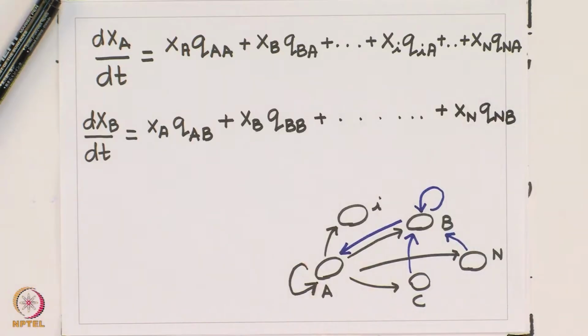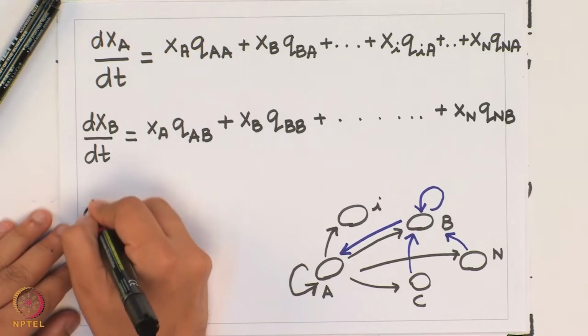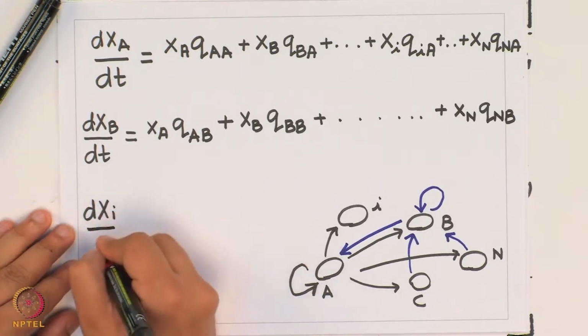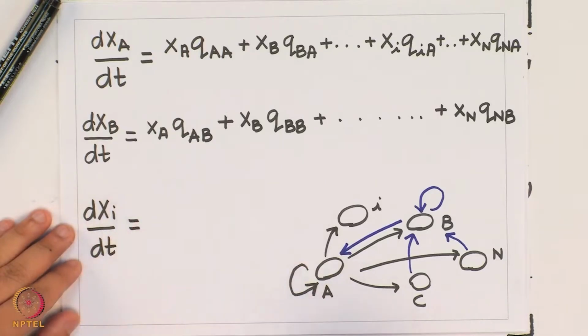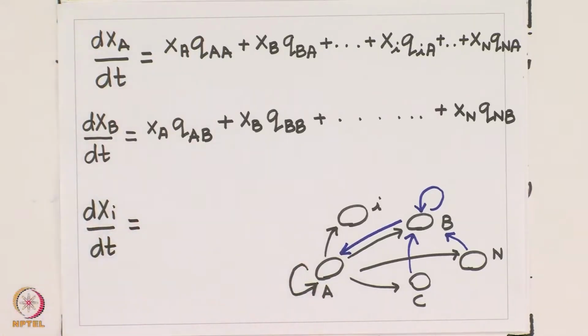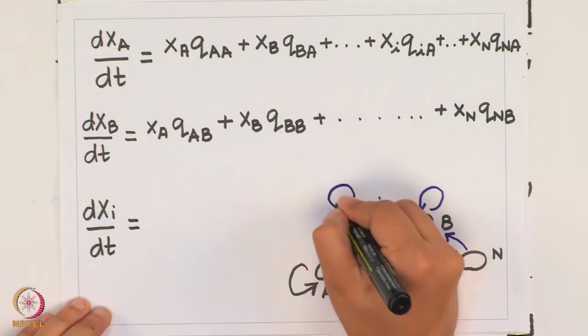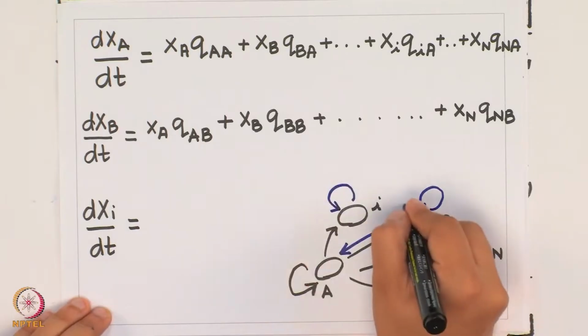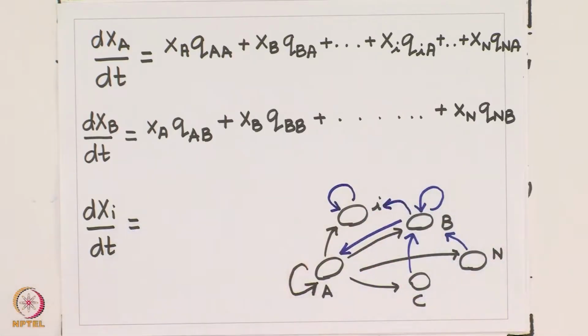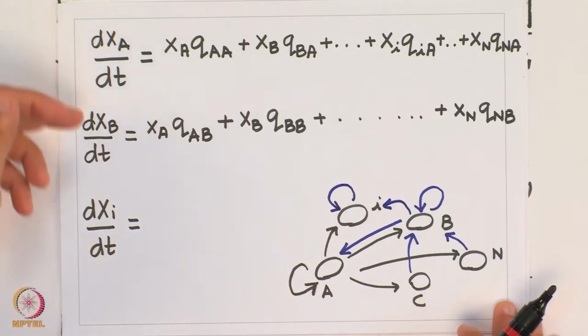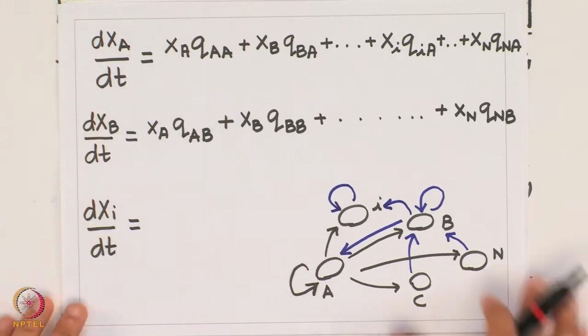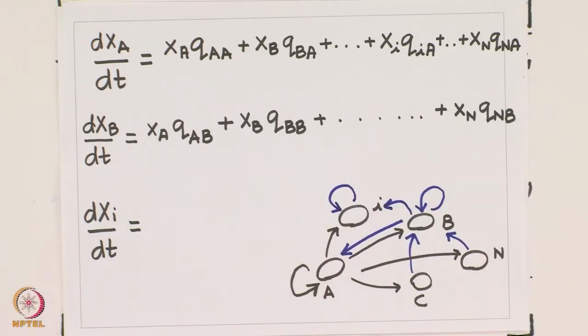Again, I suggest that you take a couple of minutes and write an equivalent equation for dxi by dt. What that means is, now you are interested in all the nodes which are coming into any ith genotype and account for its rate of change of frequency with time. Once we have this, we will obviously have n distinct differential equations which capture the dynamics of these n coexisting species. So, we can write them afresh,